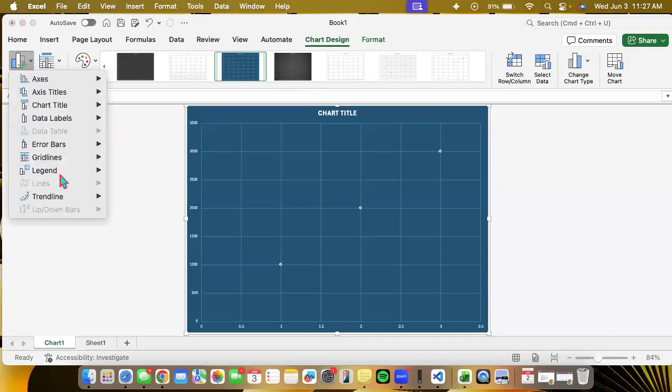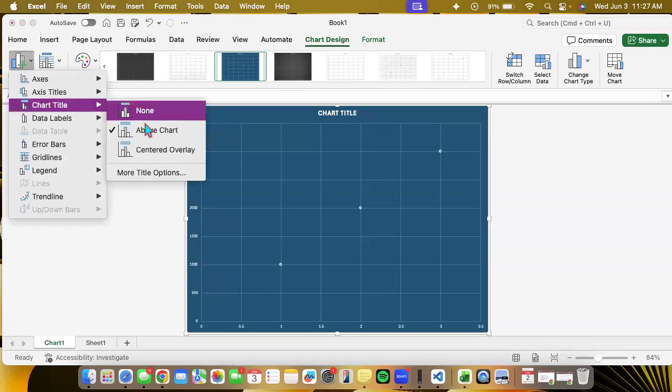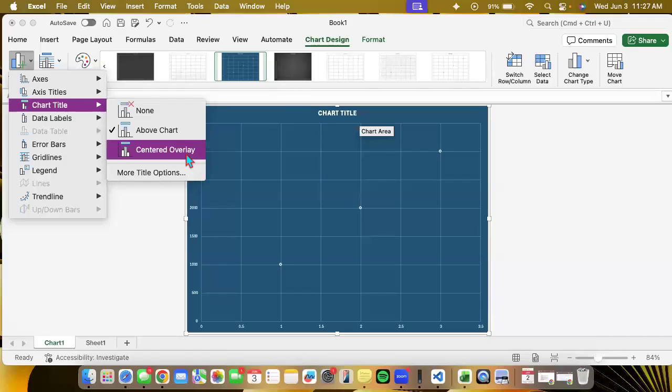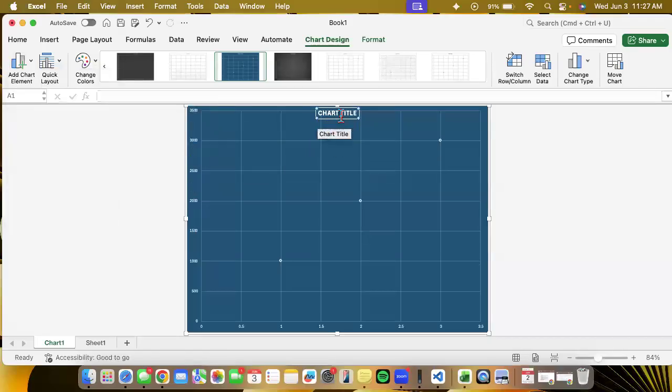Now, I could also change my components as well. This just says chart title. Well, that is not descriptive at all. Let's maybe change this up, right? I could change its location, get rid of it, make it above the chart, center it on an overlay, meaning I make it literally on top of the graph part itself. I could put some creative title here,